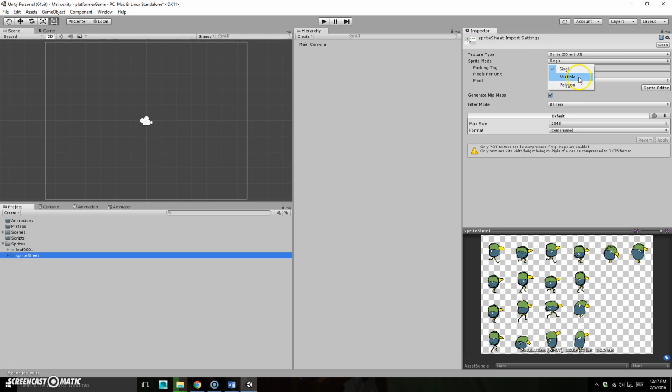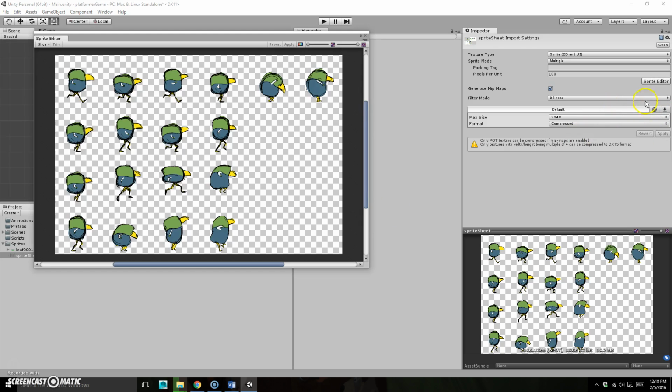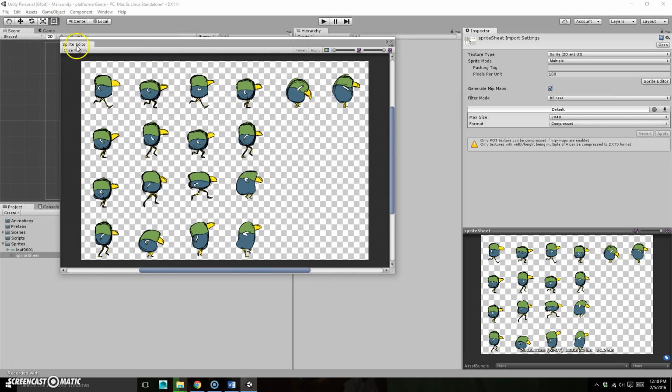We're going to change this to multiple. The other one's single because it's a single image. This is actually going to be multiple images. I'm going to hit sprite editor. Oh, I got to hit apply. Okay. All right. And now what this is going to allow us to do is more or less to slice